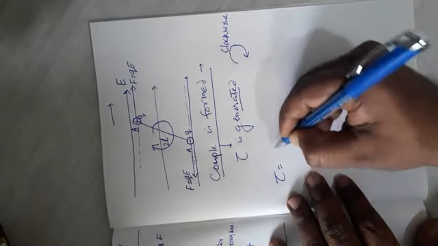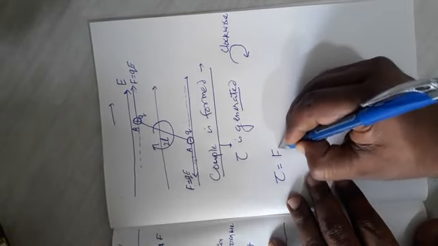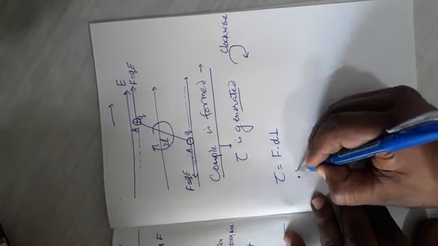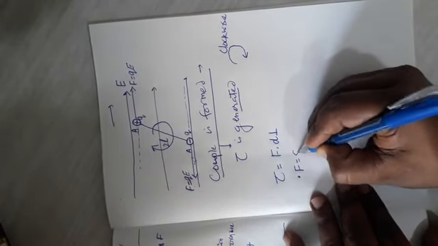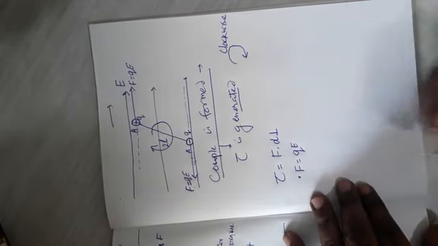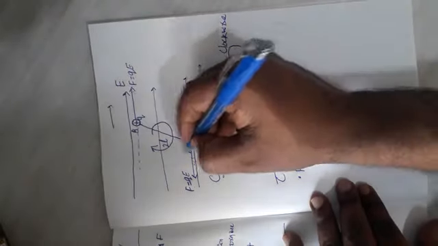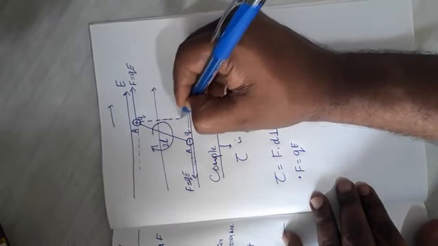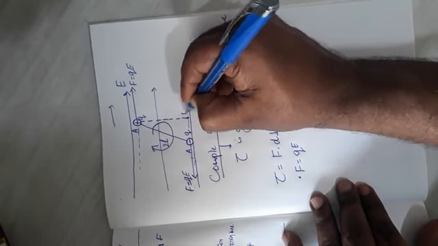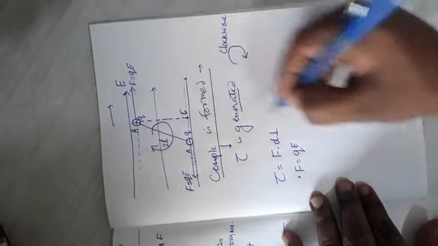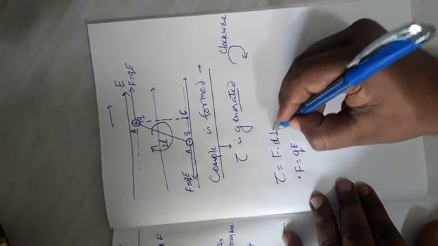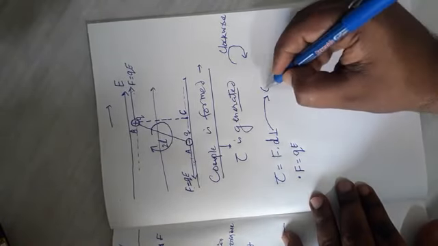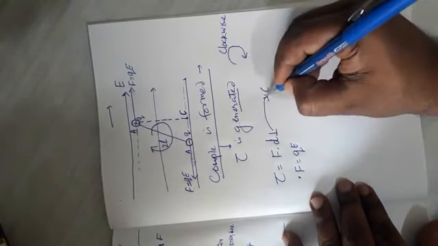Now, let us find out the magnitude of the torque. Since we know that torque is equal to force into perpendicular distance. Point number 1, about force we are very much sure it is Q into E, but we yet do not know the perpendicular distance between these two forces. So, I will drop a perpendicular here, and the meeting point will be called as C. So, the perpendicular distance D perpendicular will be BC.